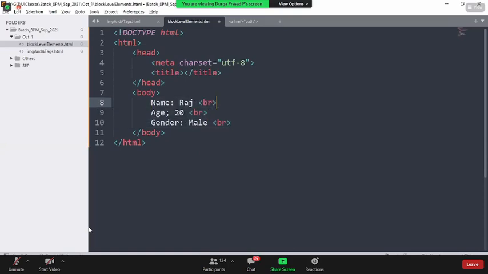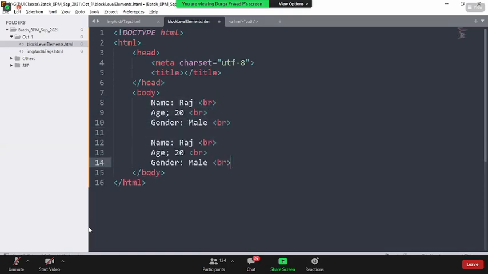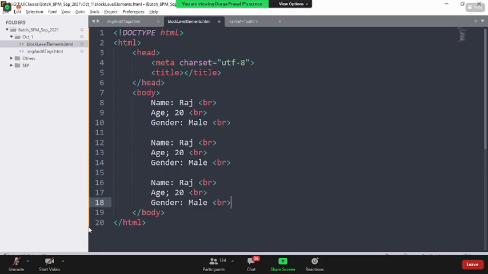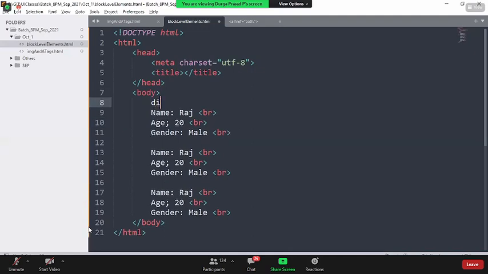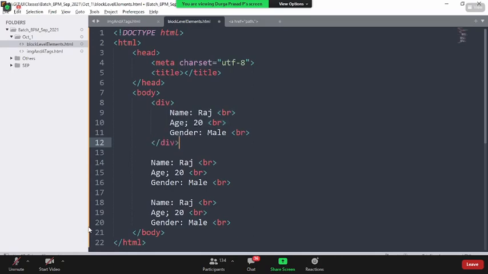Say, for example, this is the details of one student. What if I want to go with a second student? What if I want to go with 3 students? Don't all these 3 different items or properties belong to a single category of student details? Yes. Then why are you putting them scattered? This is what the div tag is responsible for. Anytime you want to group related multiple items into a single block, you simply go with the div tag.